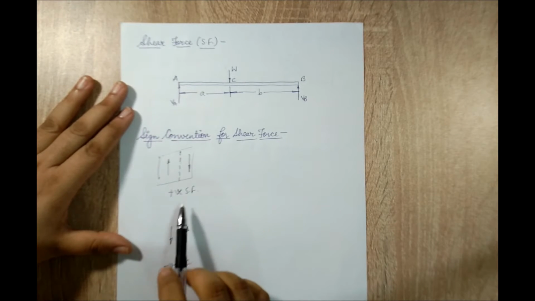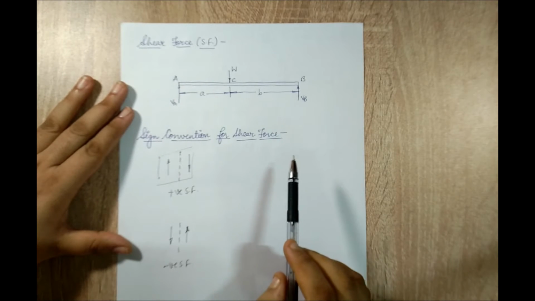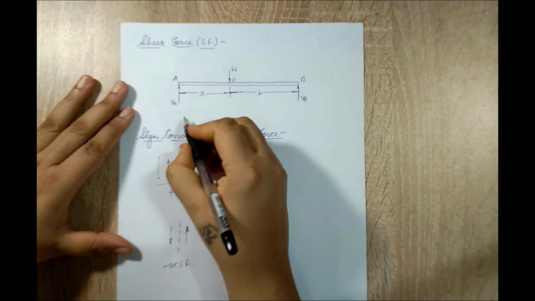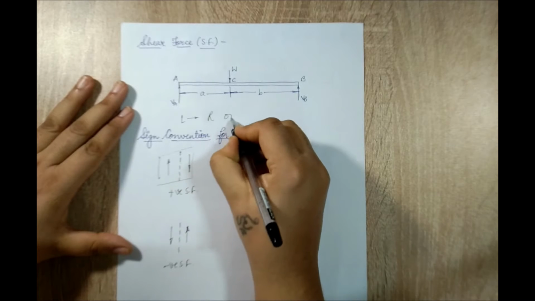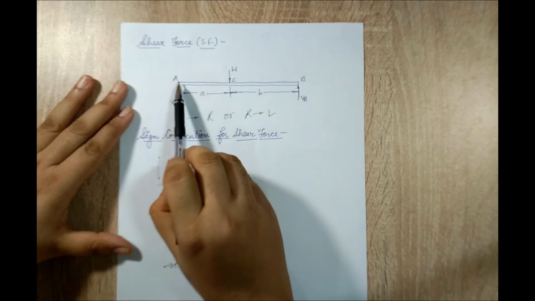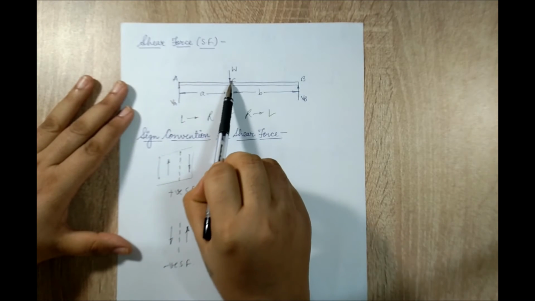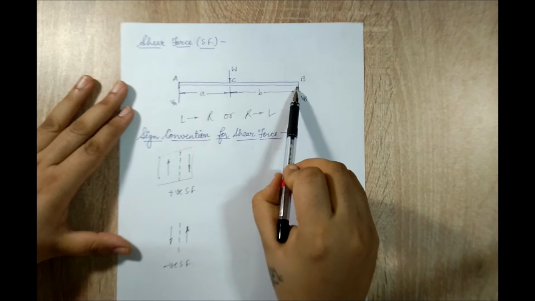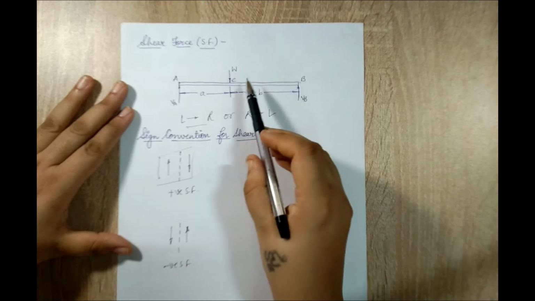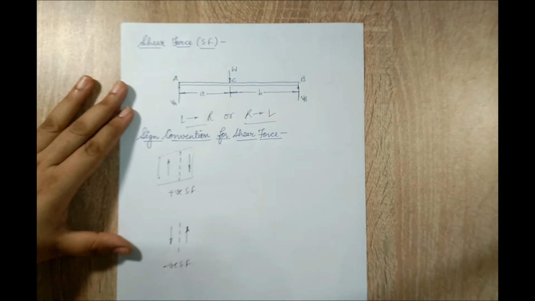Now, where does this question of standing at a point and looking to the left or to the right arise from? If you look at the beam, I will solve it either from left to right or from right to left. These are two ways of solving. I will first start with A and calculate the shear forces at this point. Then I move to point C and finally I move to point D. This is my left to right motion. Suppose I start from B, move to C and then go to A, this will be called right to left convention.